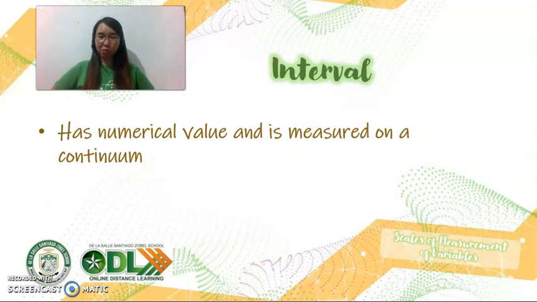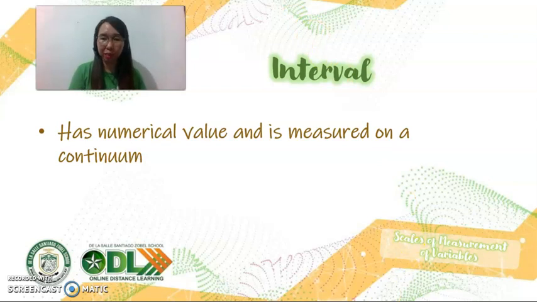In what terms? So, interval variable has a numerical value and is measured on a continuum, on a continuum with equal interval. For example, temperature, IQ scores or IQ test scores. Again, purely quantitative. You can designate an automatic numerical value for temperature and also IQ test scores. Now, before I even reveal the statistical treatment used for interval, let us first discuss ratio variables, the last